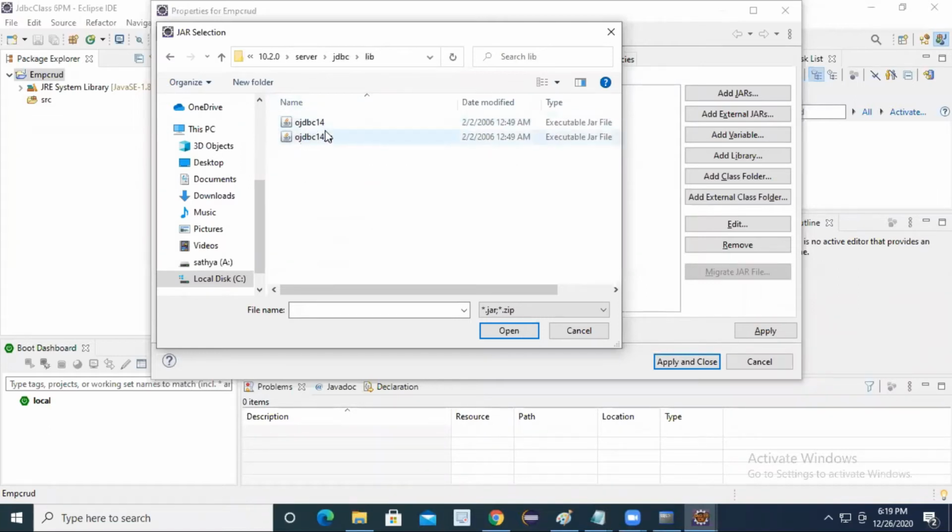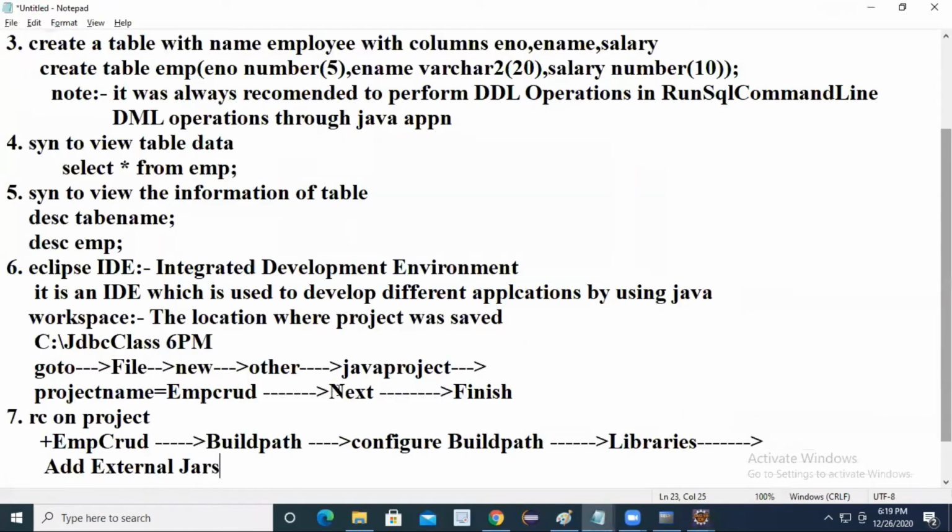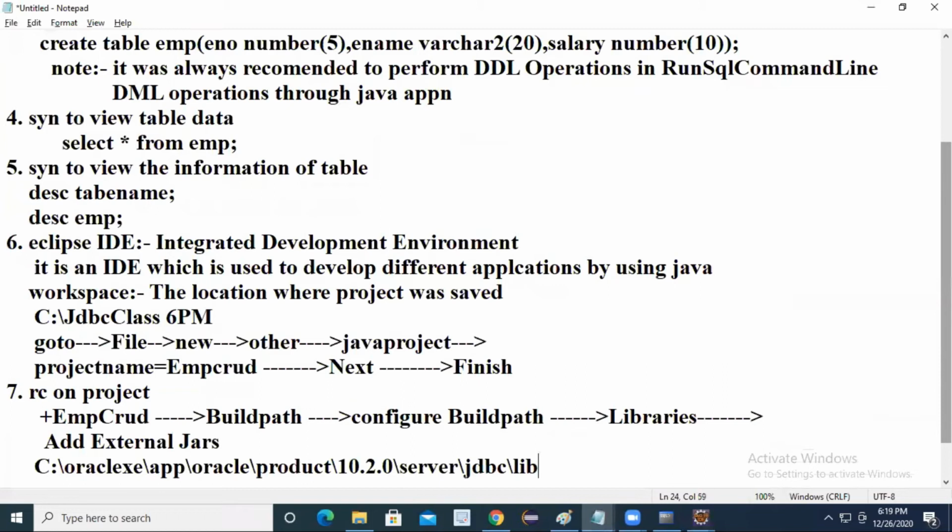Select the first one, OJDBC14. I'll copy the path and paste it here. Add External JARs and go to this location. Go to C drive, Oracle exe, app, Oracle product 10.2.0 server, JDBC lib.